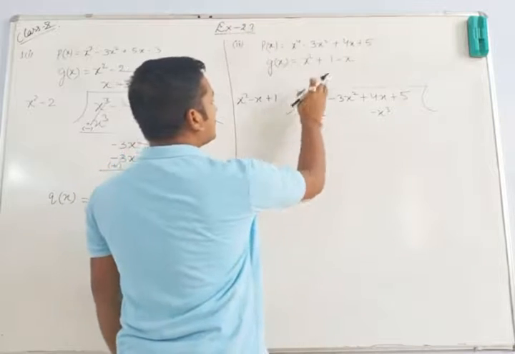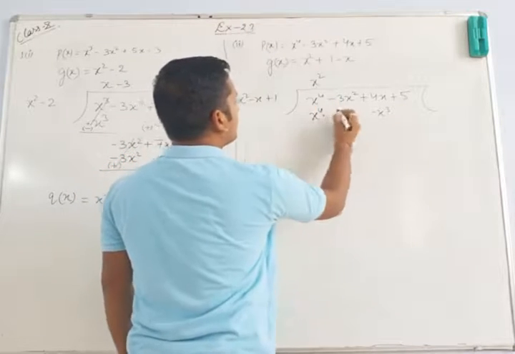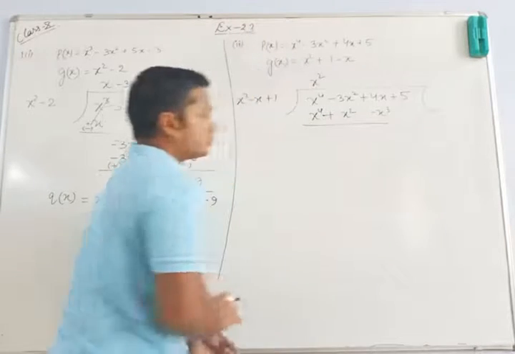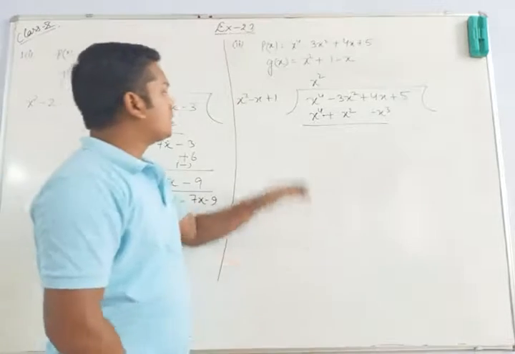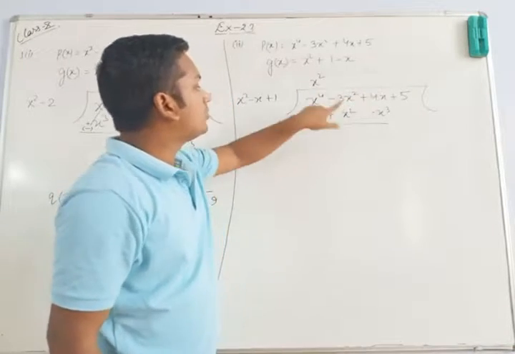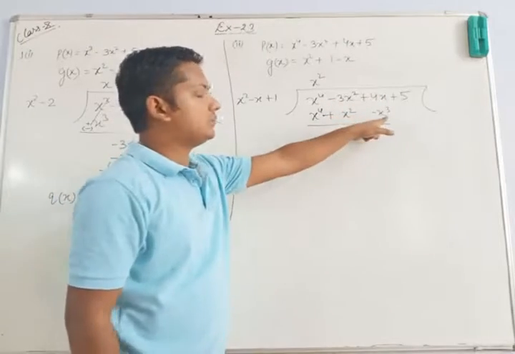Okay, then 1 plus x square, 1 into x square, so it will give you plus x square. Okay, so why have we done it like this? क्योंकि हमारे पास जो हमारा डिविडेंड है उसमें कोई क्यूबिक टर्म नहीं है, तो इसीलिए हमने उसको साइड में रखा